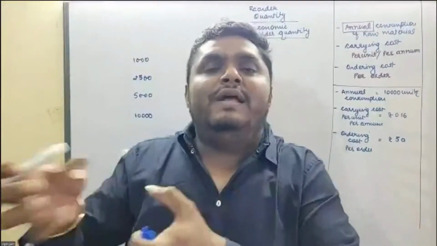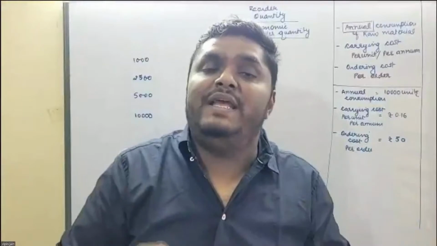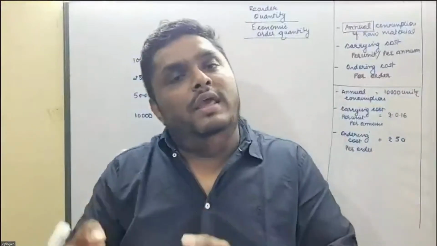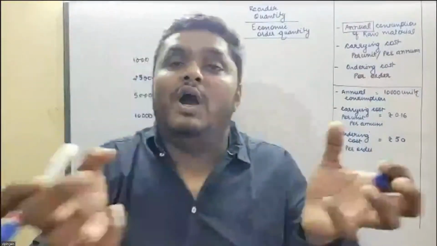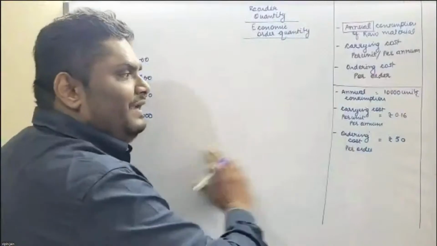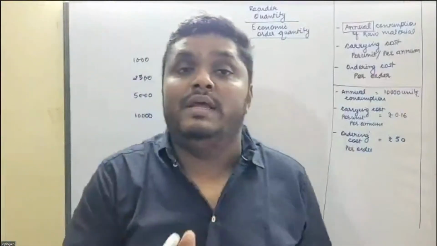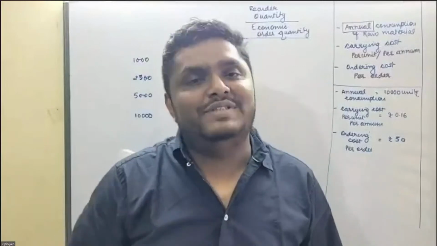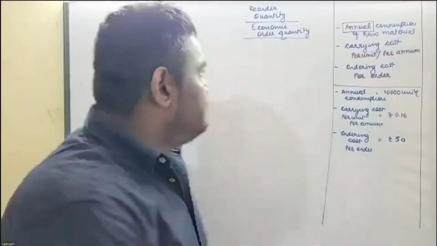हम लोग अलग अलग क्वांटिटी रैंडम बेसिस पे ले रहे हैं कि भाई इतना ऑर्डर करें तो लेट्स सी हाउ मच इज द ऑर्डरिंग कॉस्ट एंड कैरिंग कॉस्ट। इतना क्वांटिटी ऑर्डर कर रहे हैं तो हाउ मच इज द ऑर्डरिंग कॉस्ट एंड कैरिंग कॉस्ट। एंड एट द एंड अगर एंटायर 10,000 यूनिट्स एक साथ ऑर्डर कर देते हैं तो हाउ मच व्हाट इज द इंपैक्ट ऑन ऑर्डरिंग कॉस्ट एंड कैरिंग कॉस्ट। सो लेट्स यूज द हिट एंड ट्रायल अप्रोच।